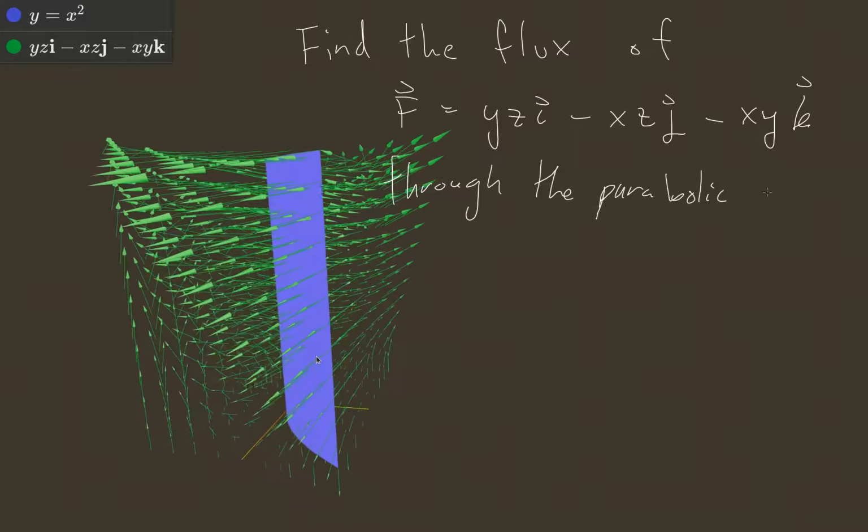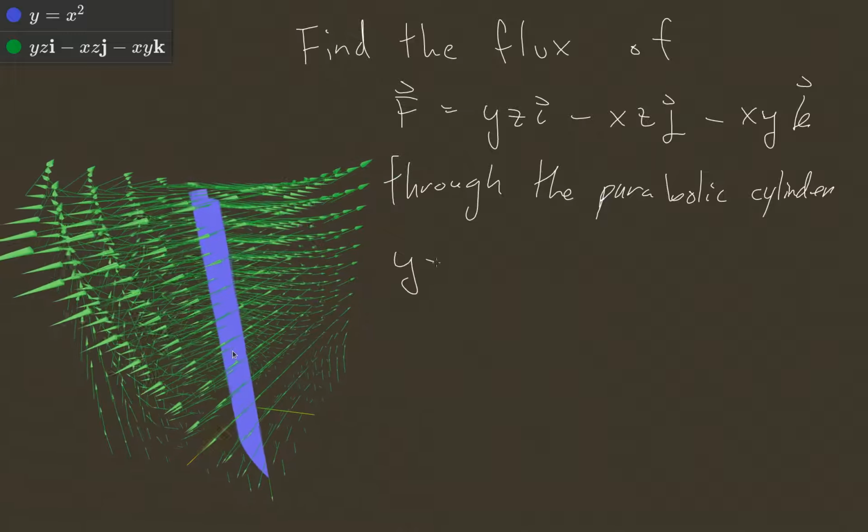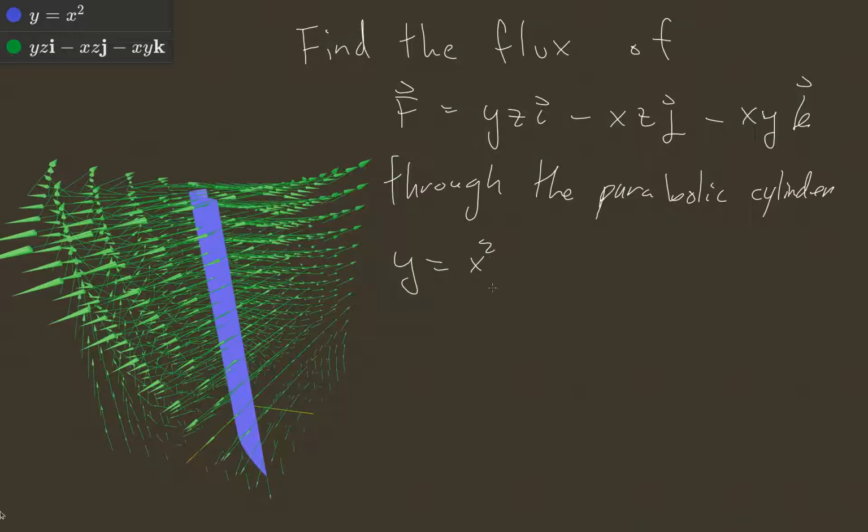Call this a parabolic cylinder. So y equals x squared, so there's no condition on z, z is not part of this. And so we'll look at this for x between 0 and 1 and z between 0 and 3. So that's graphed here. And oriented